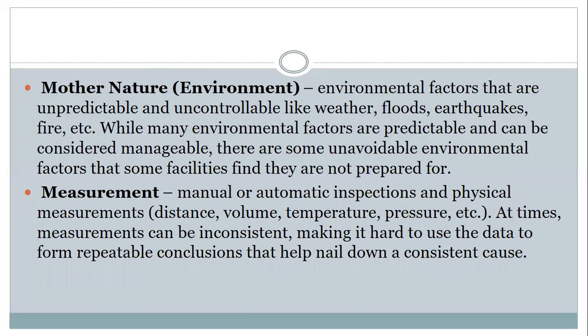factors. Environment: in environmental factors, there are some unpredictable and uncontrollable factors, and some factors are controllable and can be managed. So we have to identify those and see if they are one of the causes. Measurement: manual or automatic inspection and physical measurement, distance, volume, temperature, pressure, etc. At times, measurements can be inconsistent, making it hard to use the data from repeated conclusions that help nail down